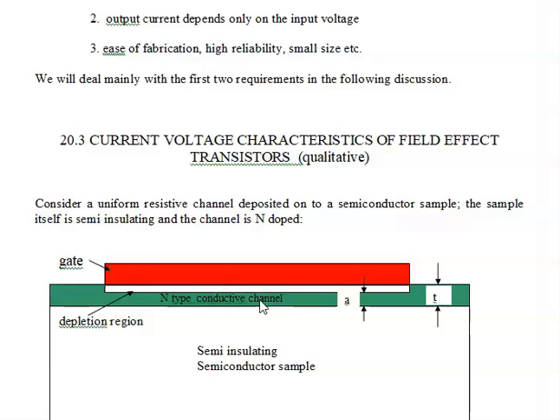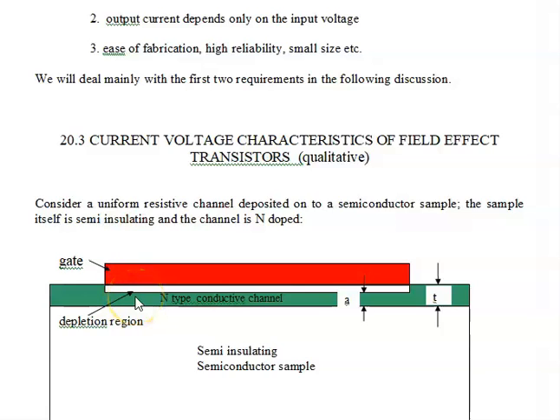And just to give you an idea, a semi-insulating gallium arsenide wafer maybe runs in the range of $100, $200. A gallium arsenide 6-inch wafer, which has an N-type conductive channel deposited on top of it, can run probably well over $1,000. So most of the cost is in the deposition of this conductive layer, and this is done by